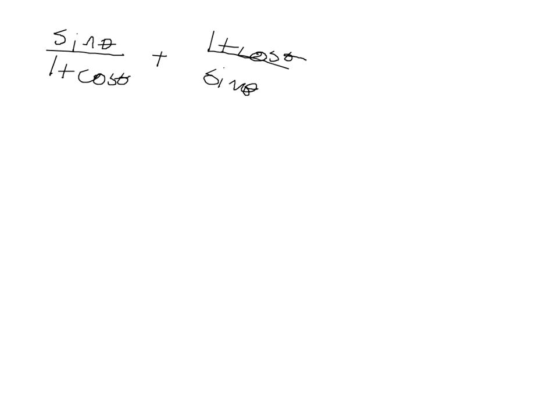Okay, so we're going to establish identities. Well, we're going to establish one identity in this recording. The identity that we wish to establish is sine theta over 1 plus cosine theta plus 1 plus cosine theta over sine theta, and we wish to establish that it is identical to 2